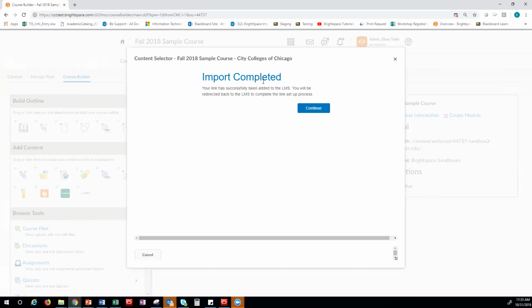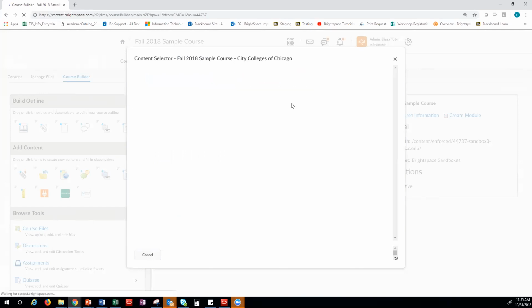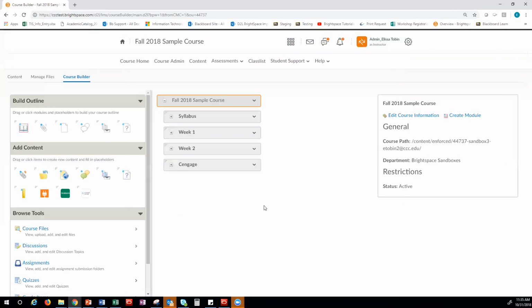And it says import completed, and it's going to redirect me back to this screen here. And if I were to expand that module that I added it in, there's that course I just added. If I click on content, we'll come back to this page because I will show you how to add deep links if you want to add a link for each homework assignment or activity inside of Brightspace and then a grade item. But if I just wanted a link to Cengage from Brightspace that students can click on, I'm finished that process here. So if I click on content,